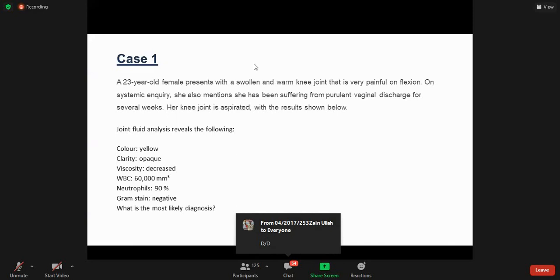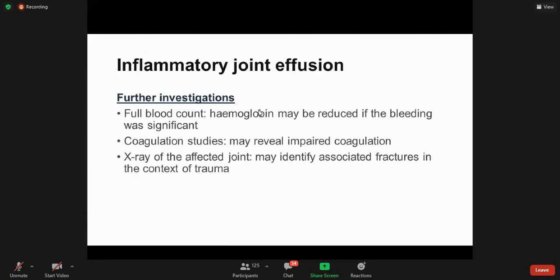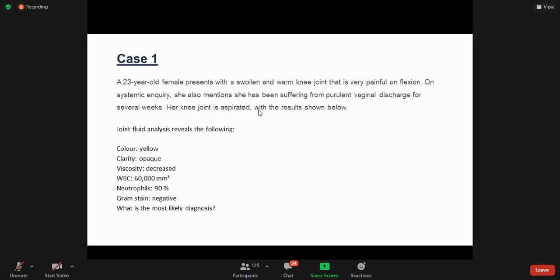Okay, now I hope that these conditions are clear. Now I'm going to discuss a few cases that will make your understanding clearer, and this would be the way in which you will be asked in your viva and in your theory exam also. If you think that you cannot understand anything, tell me, because now I'm going to discuss 3 cases with you.